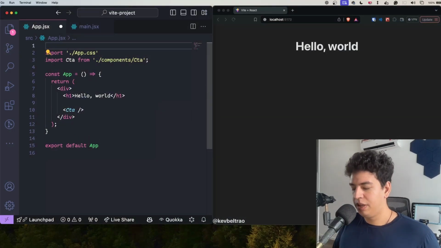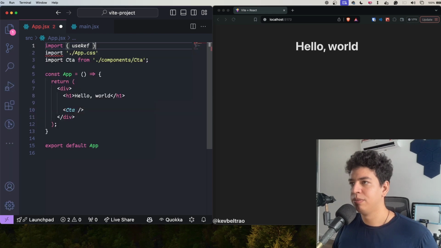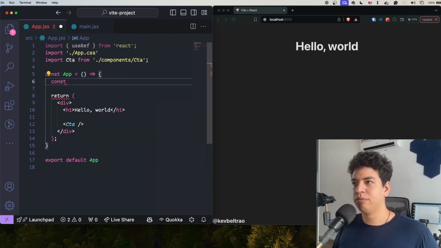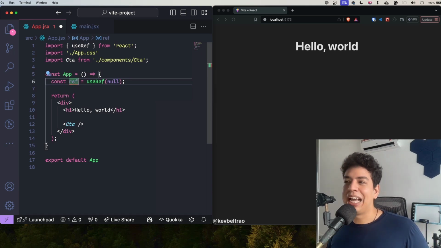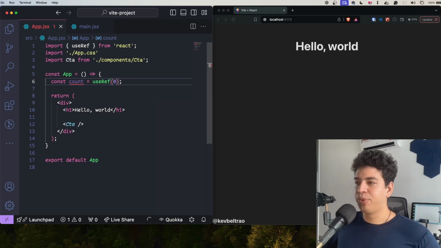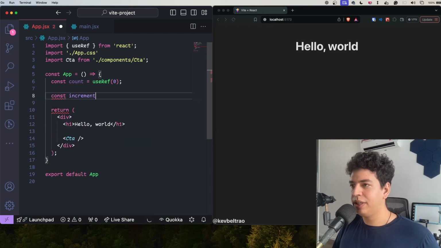First of all, by importing useRef from React and by calling it here, like I'll create a variable, it can be ref, like Copilot suggested. I'll create count. A count is a very good example for everything because you can see how things work with a very simple behavior and count 0. So let's remake the increment example. Const increment